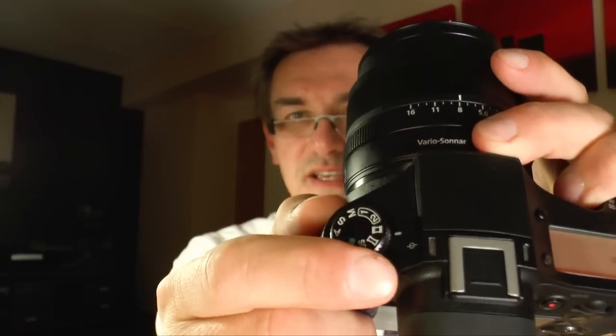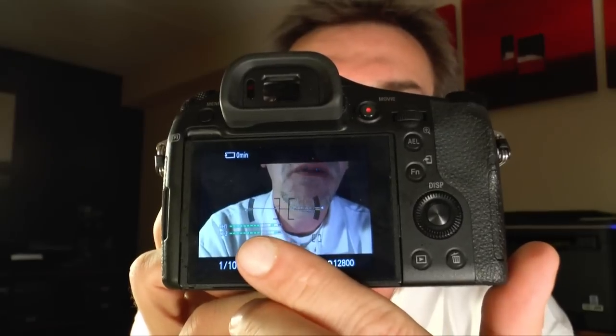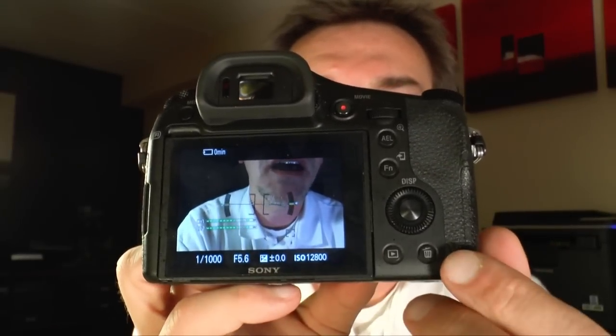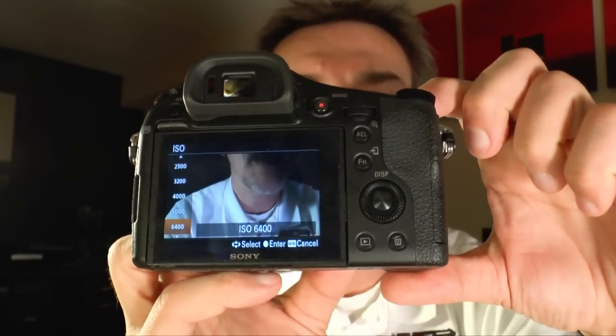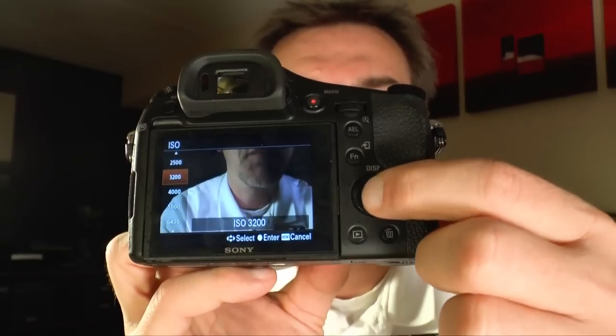Yes, what I said before, here we have the exposure correction dial, so that works very fast and very easy. Yeah, give a little look to the different scene modes. Here we have P-program mode, aperture, shutter speed and manual. Then we have the two different individual settings, and then we go to the movie setting where you have the different settings you see here. Here we have the microphone level, we have the ISO setting and stuff like that. So yes, we have different settings of the camera. You can change the ISO mode just by pressing here, and then we go up like to